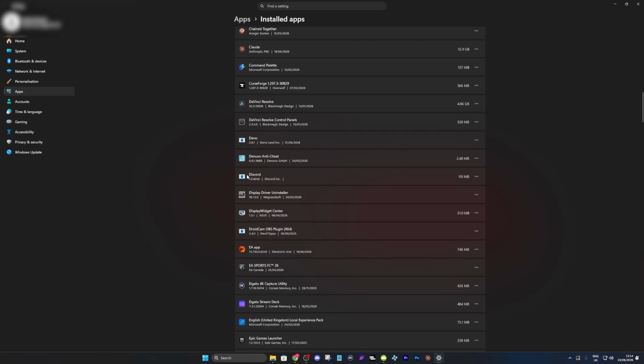It's obviously going to be under D, and then it's going to show the version you're on, the company, of course, Discord Incorporated, and then the size. What I want to do now is press the three little dots, and then I'm going to see this uninstall button right here. It's then going to completely uninstall and remove Discord and all necessary files from your PC,